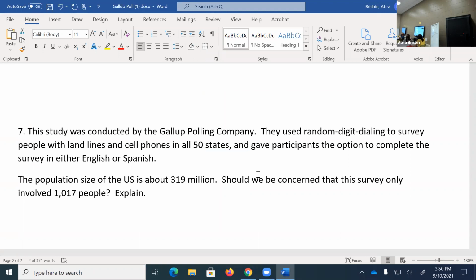I would actually say thumbs down. I'm not particularly concerned about the sample size here. I think that a sample of size 1,000-ish is going to be enough to get people from all 50 states and from a wide range of ages and income brackets and other demographics. So once we've established that it's reasonable to cover a range of possible values that might influence people's opinions about legalizing marijuana,